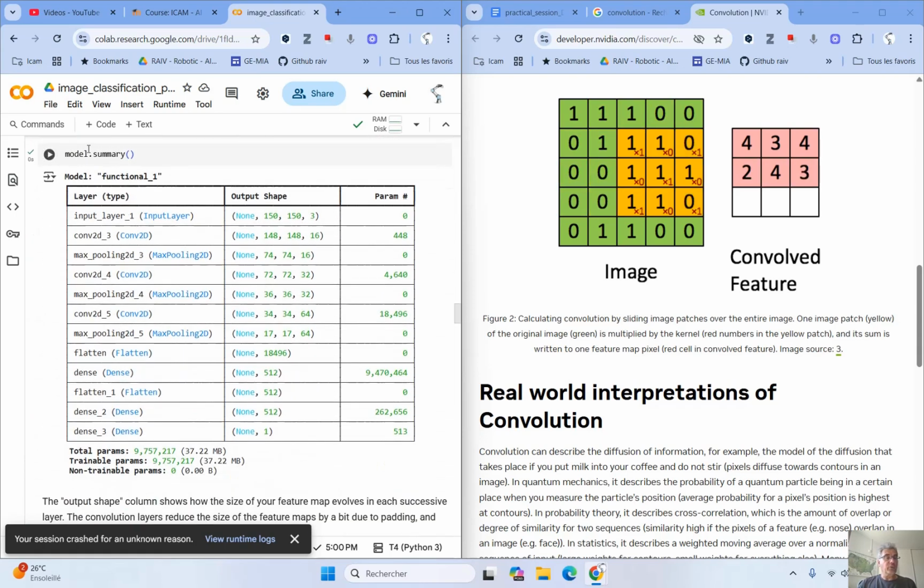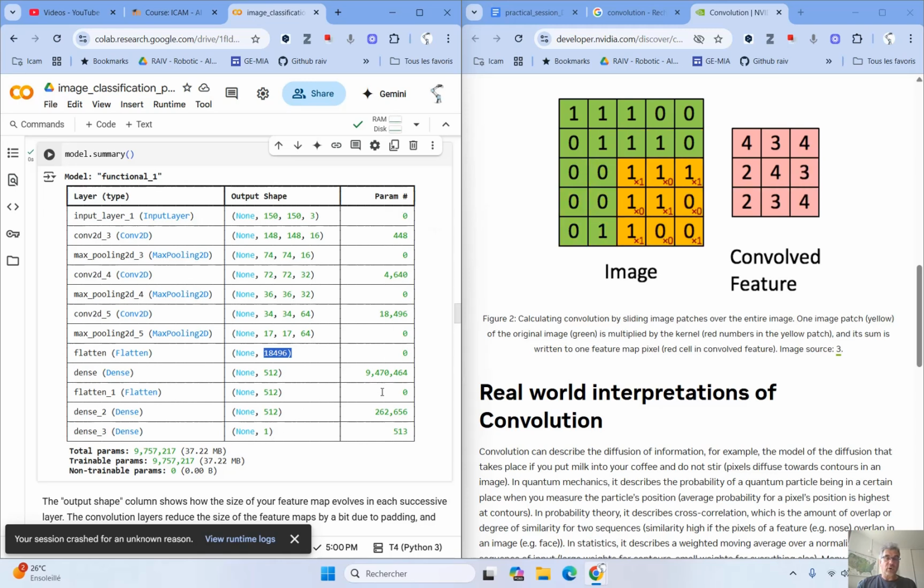Okay, so here with model summary, you have a description of all the layers we have seen before. Input layer, convolutional, pooling, convolutional, pooling, convolutional, pooling, then flatten to have a vector of 17 times 17 times 64. We have two dense layers, with the final dense layer giving an output of 1.